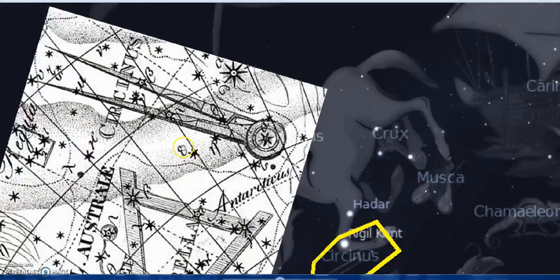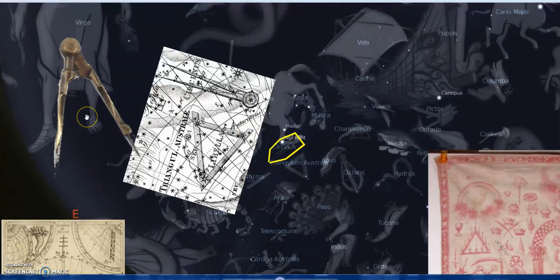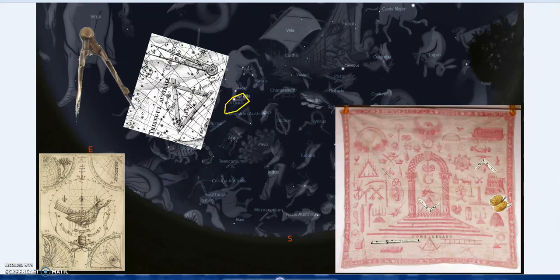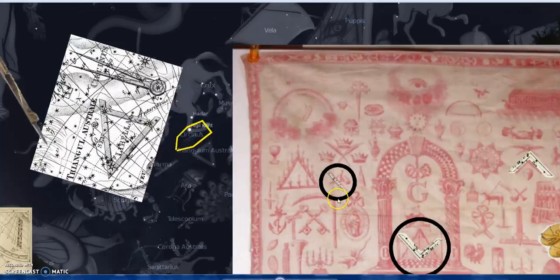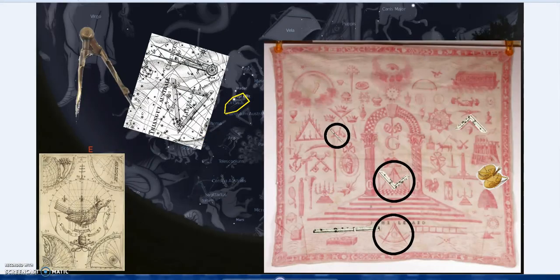Now, just above Norma, we have Circinus. What is that? We draw on the older art, and it's a set of dividers. So important in, for instance, you see the old sea captains on their maps, and still now are, using the dividers to measure out distance. But it also works as a compass, because all you've got to do is have a pencil lead or ink on there, and a set of dividers also becomes a compass. And of course, the compass or dividers is also repeated throughout any standard Freemasonic or the craft tracing board. And so just as an example,